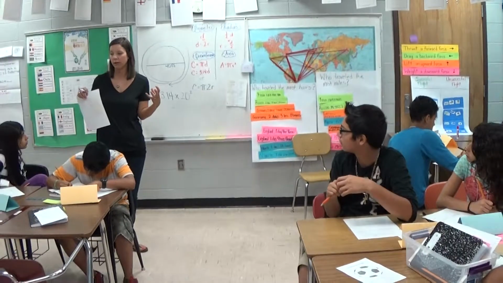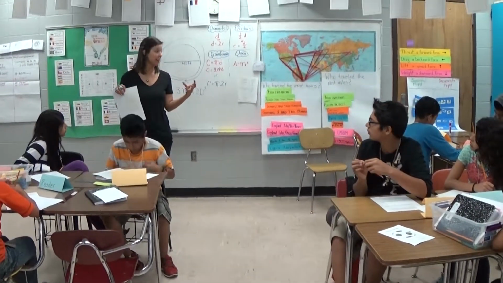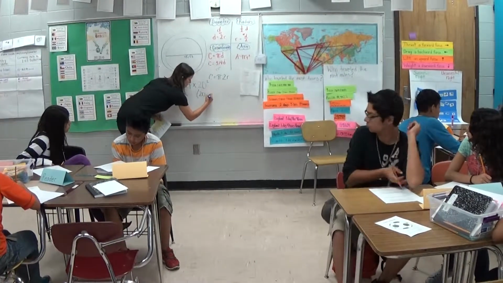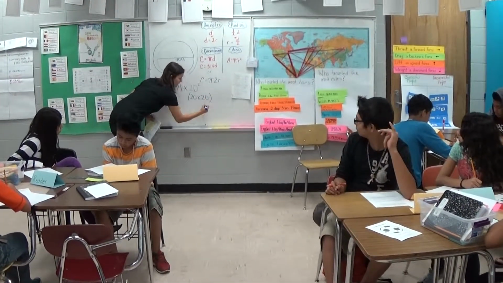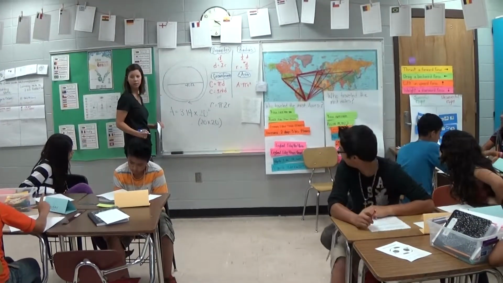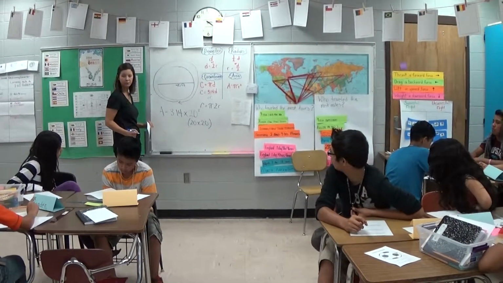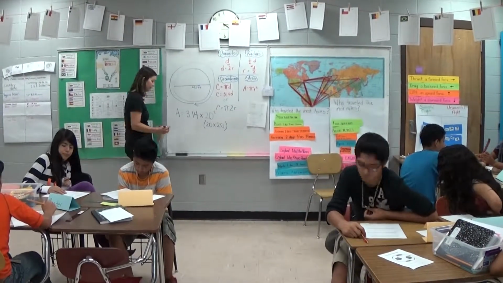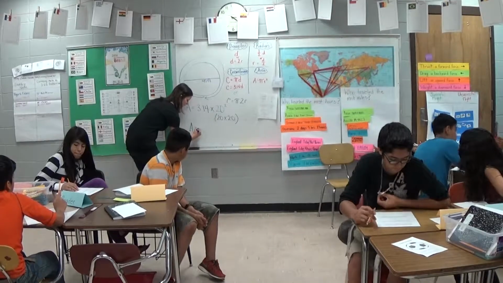You multiply it by itself. So we're thinking 20 times 20, which is what? 20 times 20. 400. Okay. So area equals